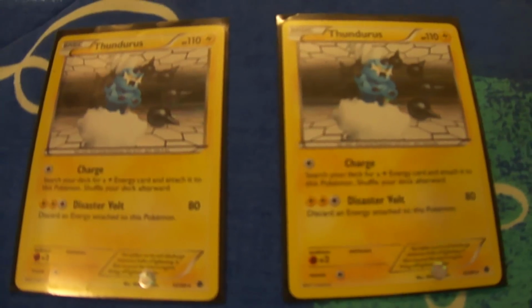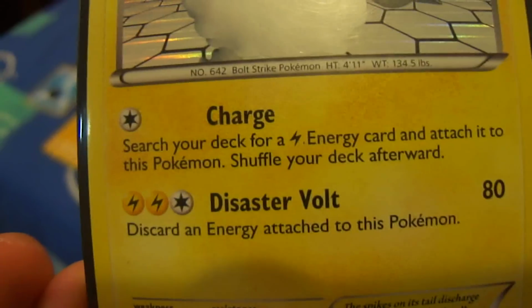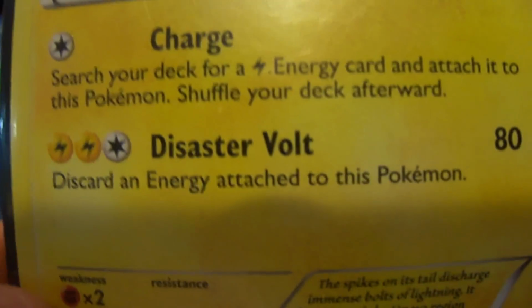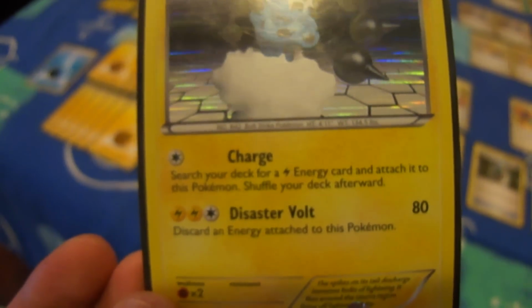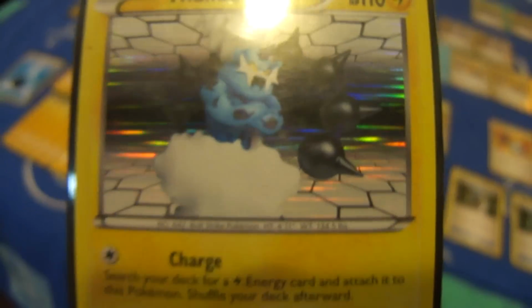Next is 2 Thundurus, which is our main attacker in the early game. We use his charge attack in the first turn to pop him up with energies to attack with Disaster Volt in the next turn. Disaster Volt also moves lightning energies in the discard pile, which is great as the game goes on since Eelektrik can bring those back with a blink of an eye. His 110 HP is almost undunkable and allows us to stall for some time while we set